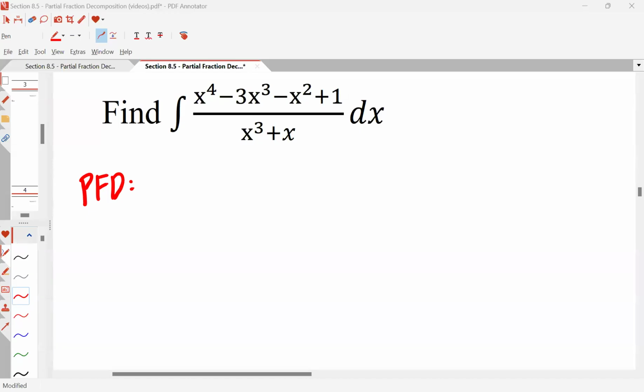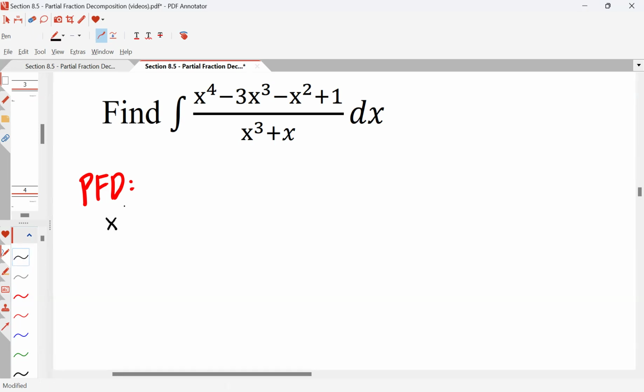Hello. In this video, we are taking a look at the example of finding the integral of x to the fourth minus 3x cubed minus x squared plus 1 all over x cubed plus x. Now, we know we're in the section of partial fraction decomposition. We want to set up a partial fraction decomposition for this. And using our previous examples as practice,